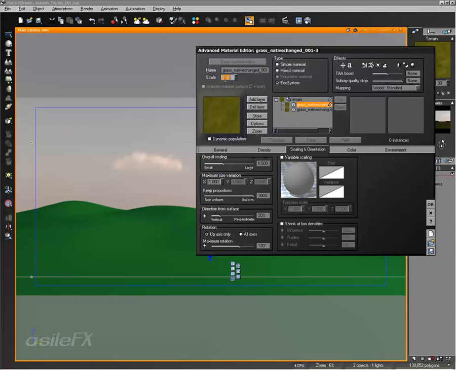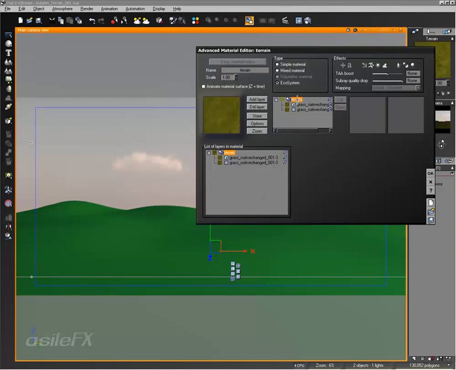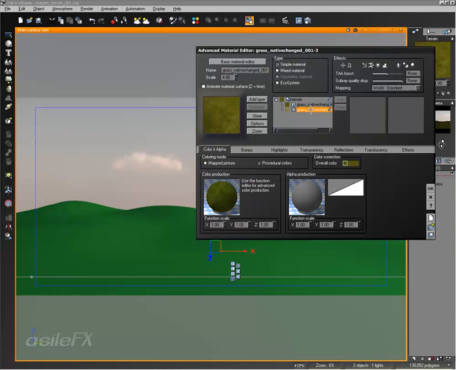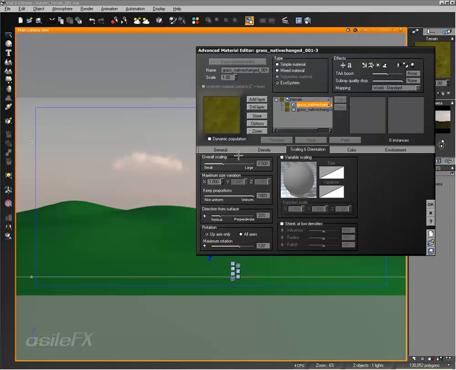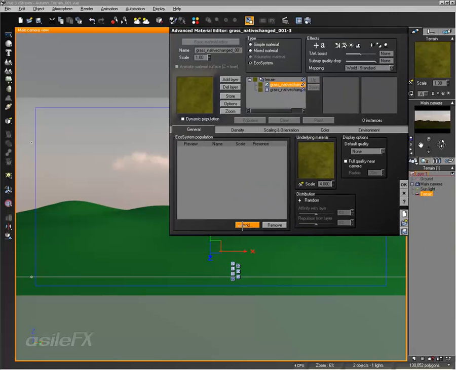So if we take a look at the scale, we need to change this scale to 1 for the ecosystem and the scale to 4, where we had it before, on the original base layer. Top layer, also we want the scale to 1, since now we're defining that scale of 4 on the base material. So we're going to pick out some trees to add to this ecosystem,